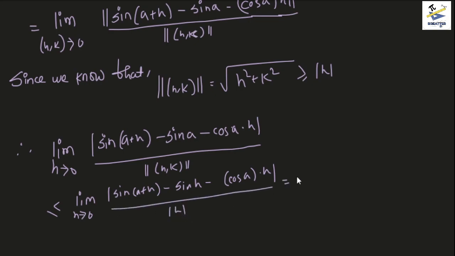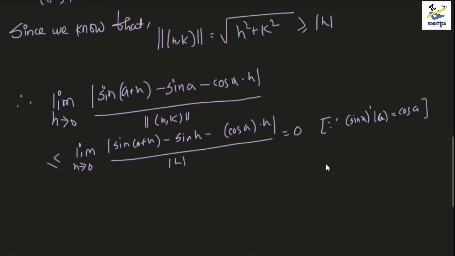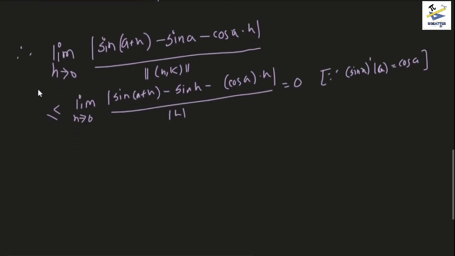But this is already 0, because we know that the derivative of sin x at a is basically cosine a, right? So we already know this part. And since this is less than or equal to 0, and from our previous experience this modulus is also greater than or equal to 0, therefore the limit